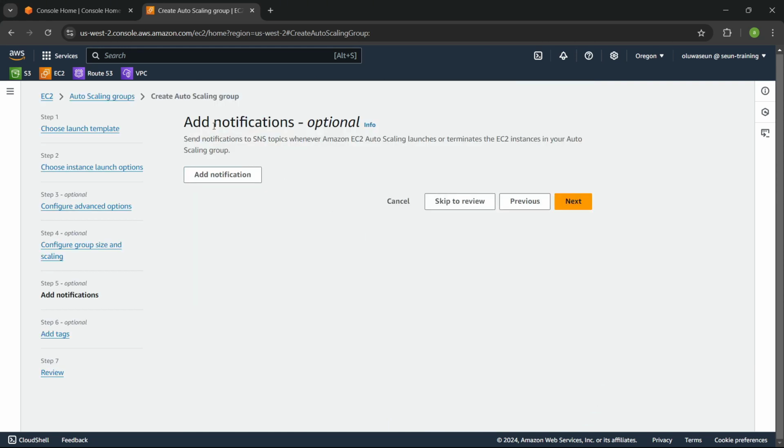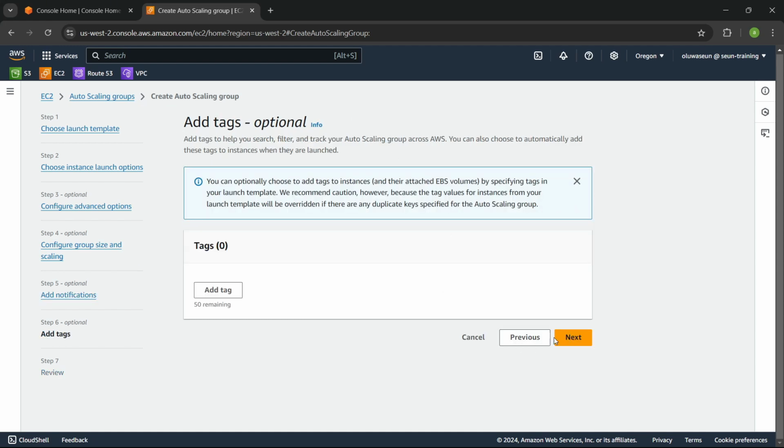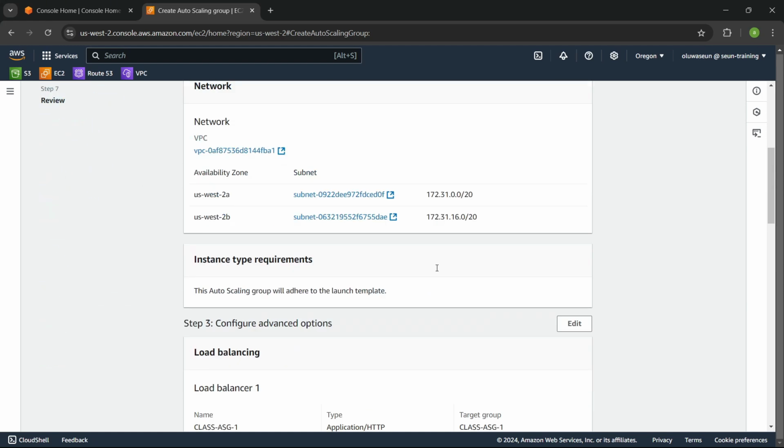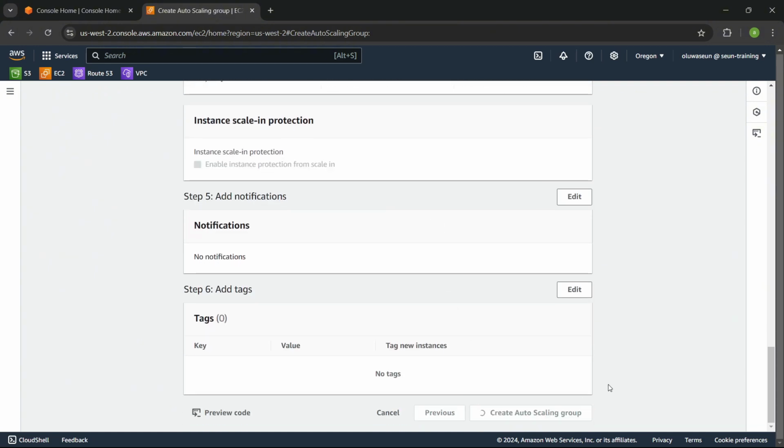Another thing you can also do is to add notifications. So if you want to get notified as things are happening with your auto scaling, perhaps an instance is launching, perhaps one instance is down, you want to get all of that information in your email, you can add a notification. In some other videos, we're going to delve into the nitty-gritty of all of this, but in this video, I just wanted us to have an understanding of what auto scaling is about. So click next, and I think that's all you have to do, all right, and then create your